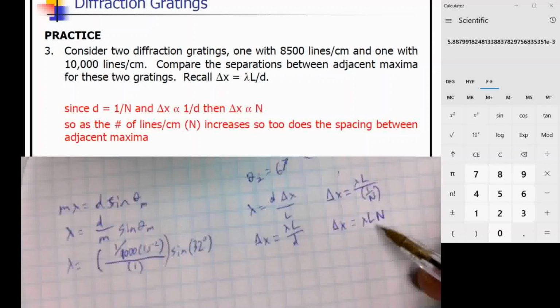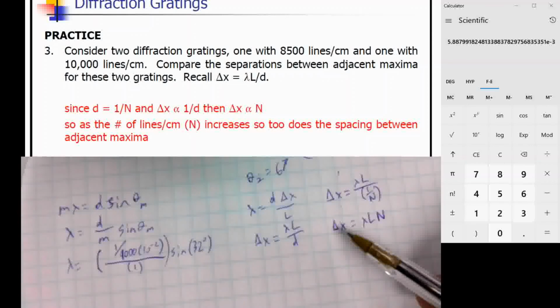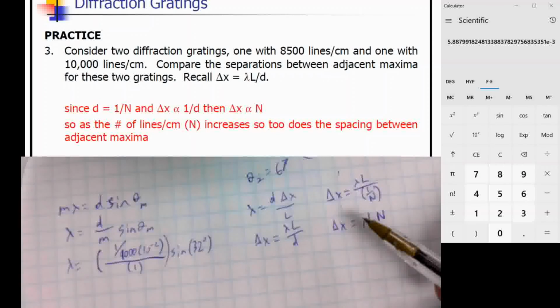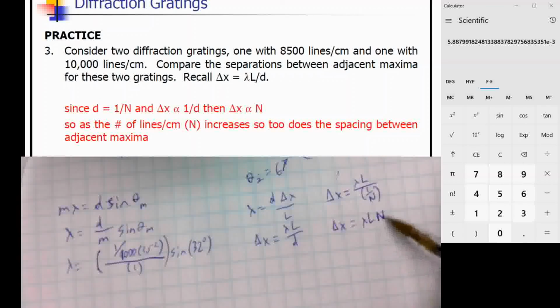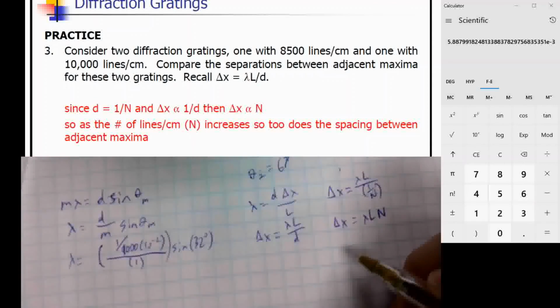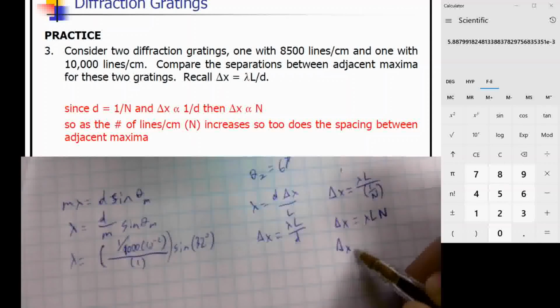The other case is going to be 10,000 centimeters. So basically, what we're going to find is the spacing between the maxima will increase as this n increases. So if we're going to compare the gratings, let's do the spacing for the